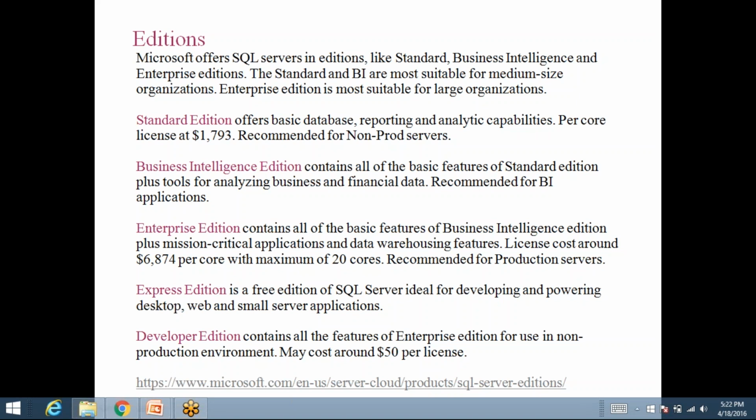And the next is the Developer Edition. Developer Edition contains all the features of Enterprise Edition for use in non-production environment. Developer Edition does contain similar features like the Enterprise Edition, and the edition may cost around $50 per license. Now you may get a question that